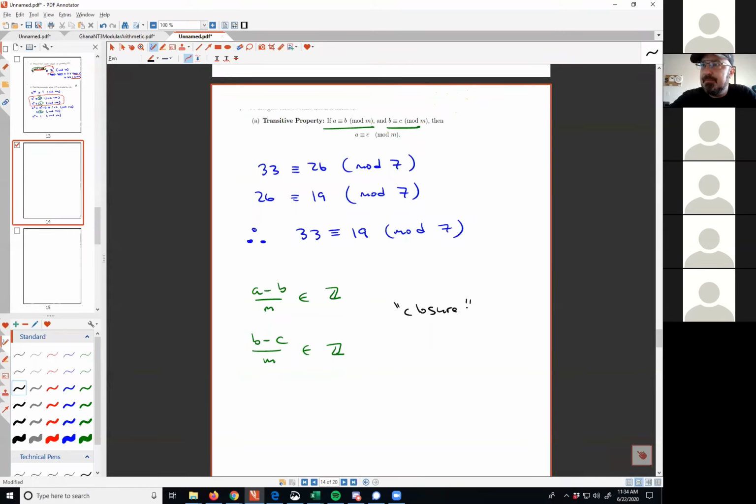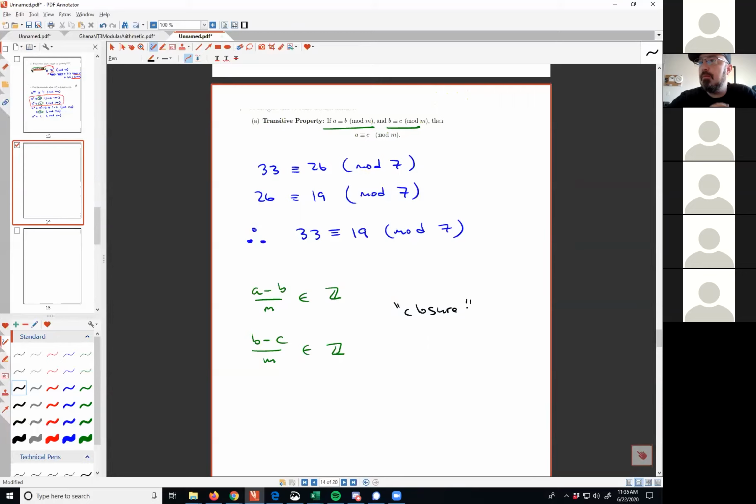The integers are closed under addition, subtraction, and multiplication, but the integers are not closed under division. Similarly, rational numbers